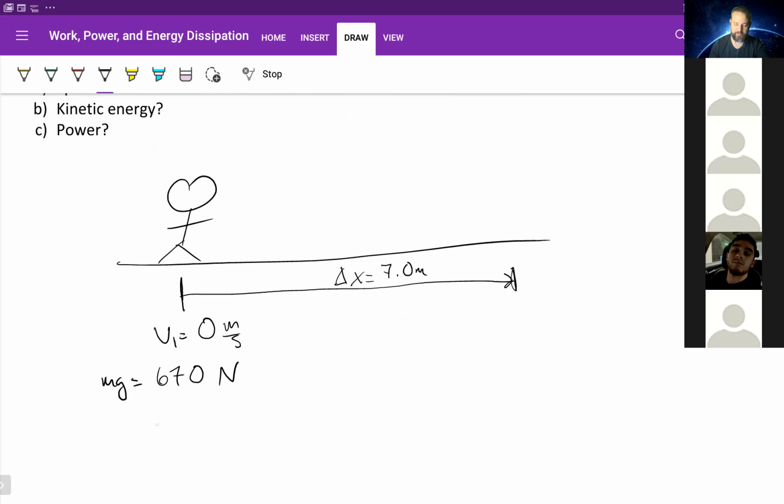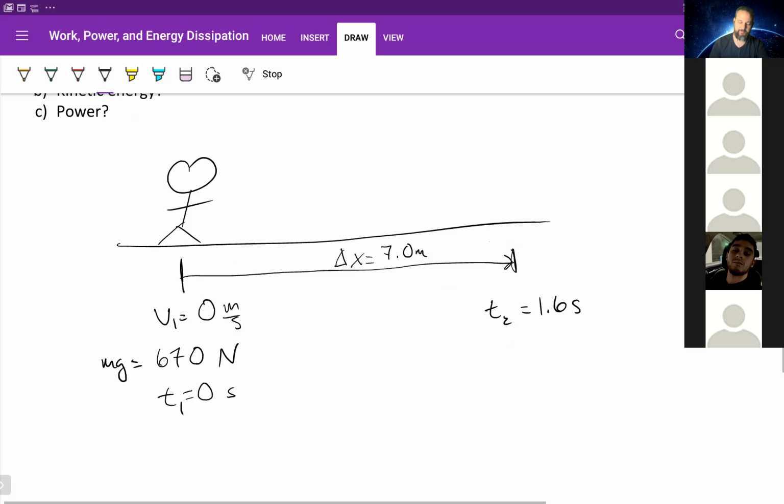And this is at a time equal to 0 seconds. At the end, his weight doesn't change, obviously, but we have a final time, he says 1.6 seconds. So in the span of 1.6 seconds, he was able to travel 7 meters. And that's all the information. All right, so A,